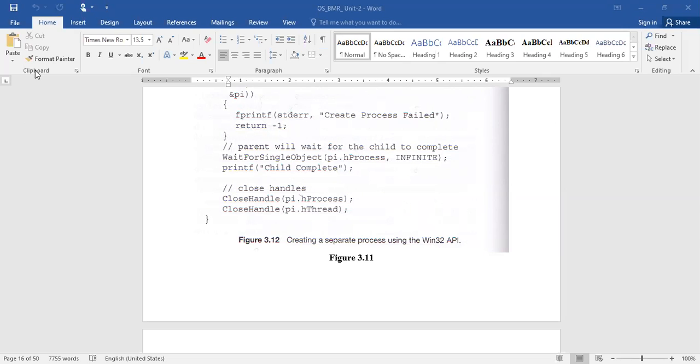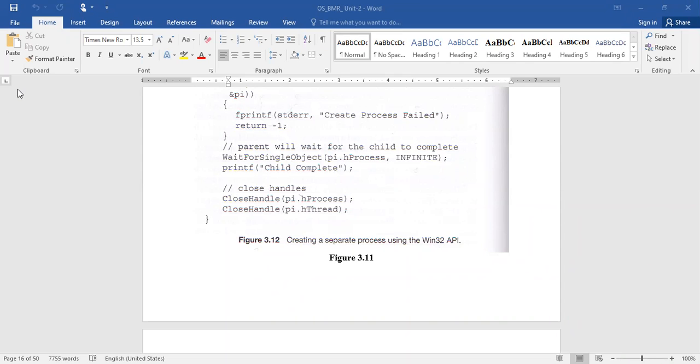Like this, it maintains information for each and every process which was created in your system. Okay, so the PCB is maintained by the operating system.